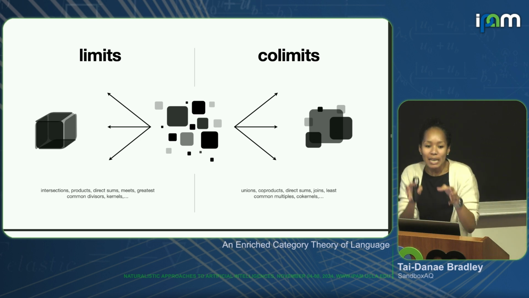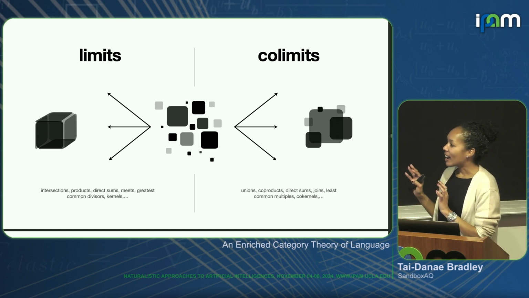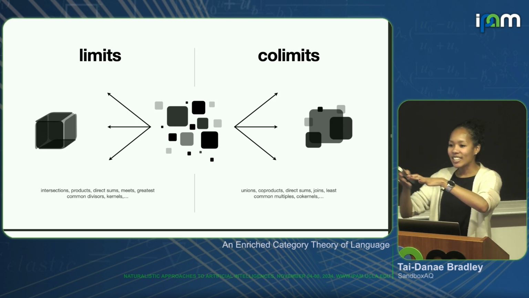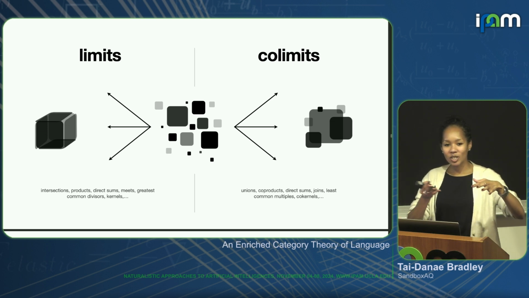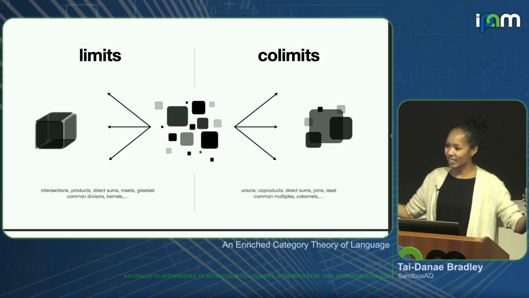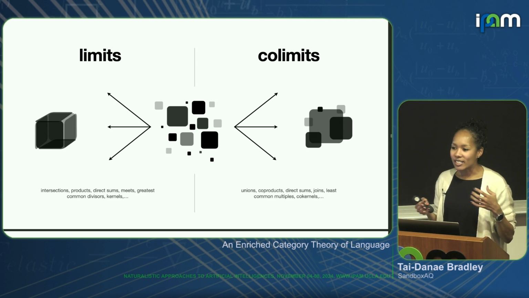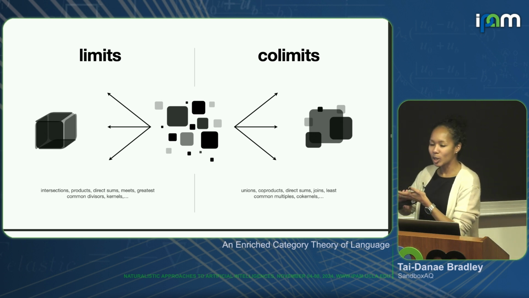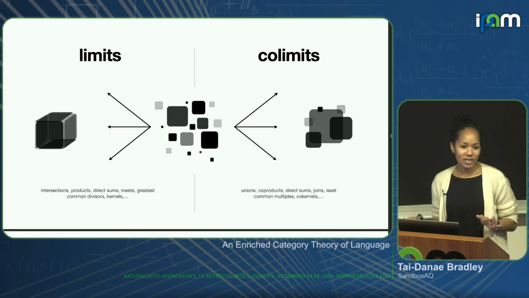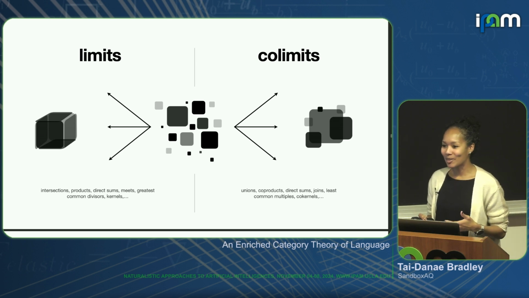Now, the limit of blah, blah, blah has a very technical definition. I don't want to show it to you. But the intuition that I have is that limits have this idea of stacking objects on one another. If you think of taking the Cartesian product, you're kind of multiplying things together and they get bigger. So limits have that feel. And co-limits are the dual notion, and they have this almost gluey feel, like when you take the quotient of something, you're gluing things together. This is not at all precise, and I apologize that I'm sharing this in a very informal way,